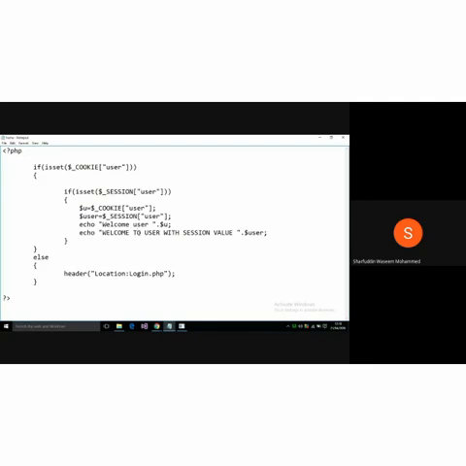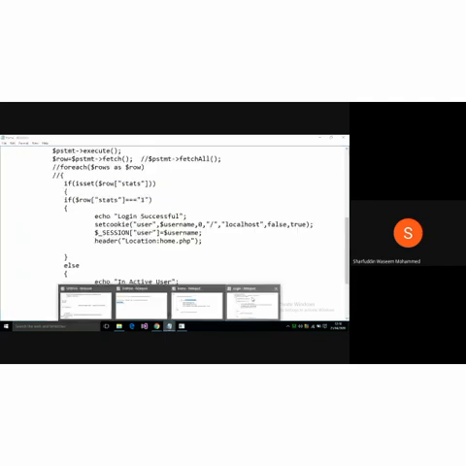So we'll recheck the program. Is set of $, this is fine. We need to check whether we are setting the cookies or not.